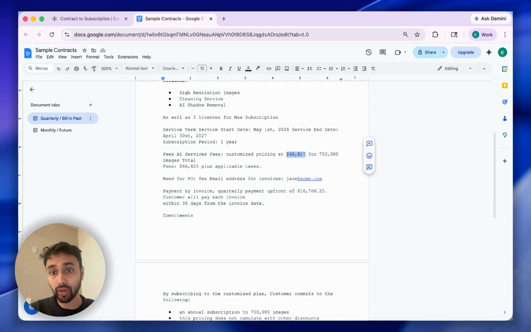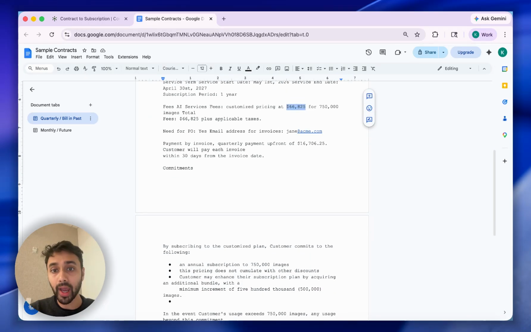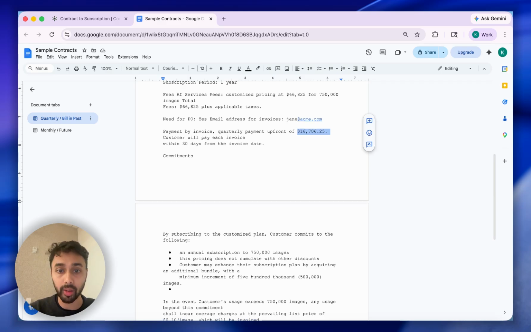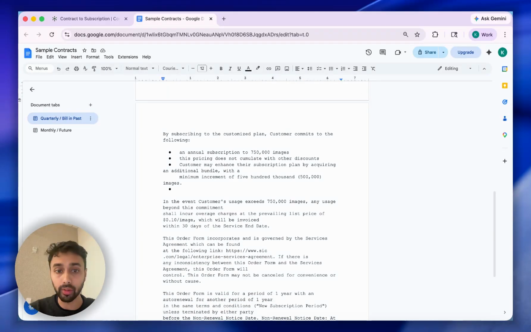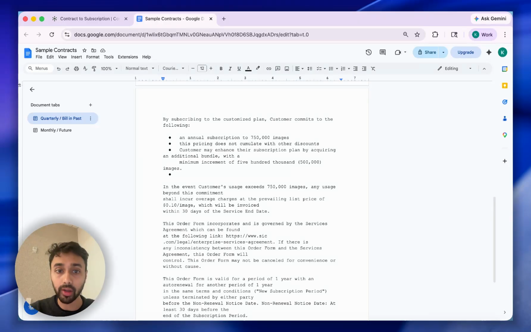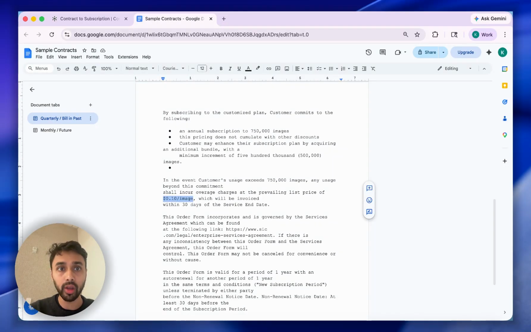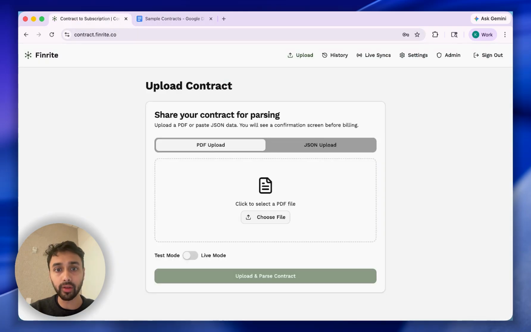The second is there's an annual price stated here, but the billing actually happens on a quarterly basis. So that's another detail that we'll have to make sure gets correctly calculated and set up in our billing tool. Finally, another thing to point out is that the customer, as an enterprise customer, has been given a discount, but there is a base rate that needs to be mentioned on the invoice. So let's go ahead and take a look at how we can handle all of these details.